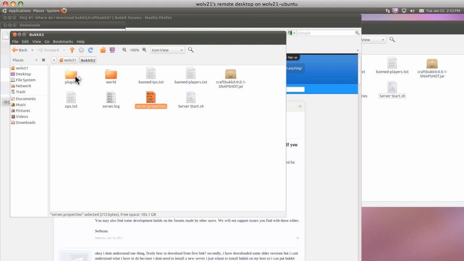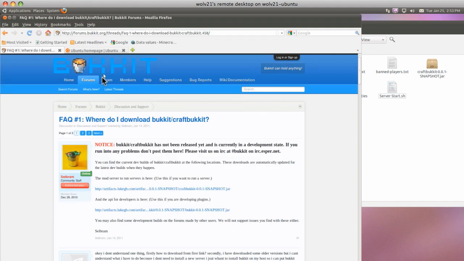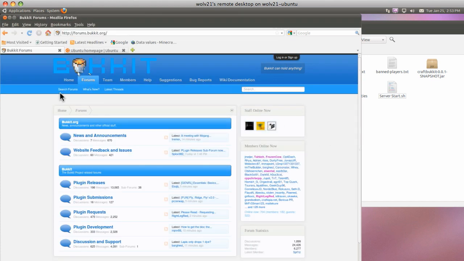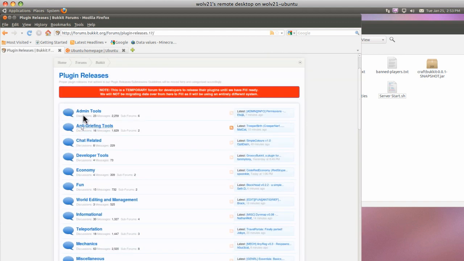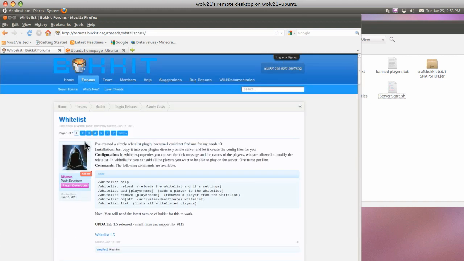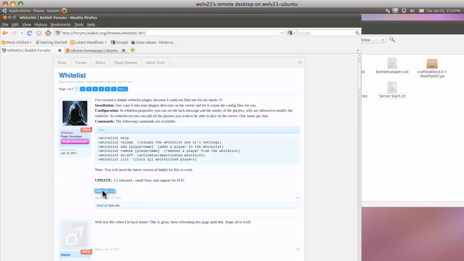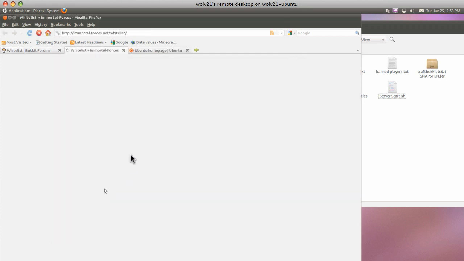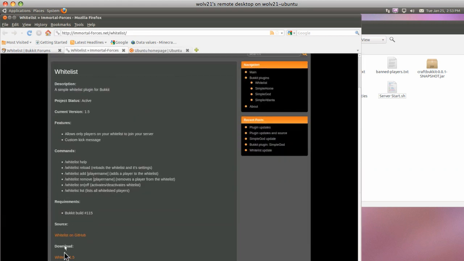Now the plugins, the most important one that you want is whitelist. So when you go to Bukkit.org and you click on Forums, you go to Plugin Releases, go to Admin Tools. You can scroll through and see all the different plugins that there are, and you can look for a whitelist. It's by Silence. This one works fantastic. You're going to click on whitelist, and it'll bring you to their website. You're going to click on download,